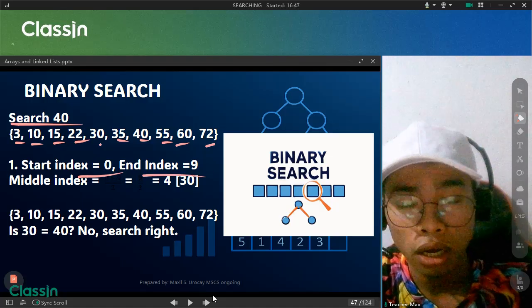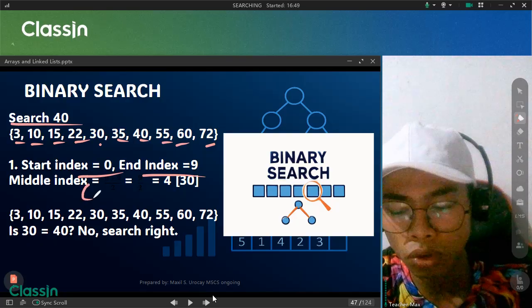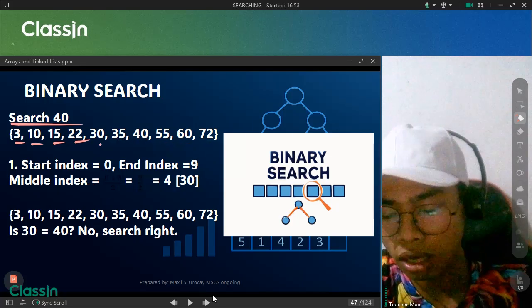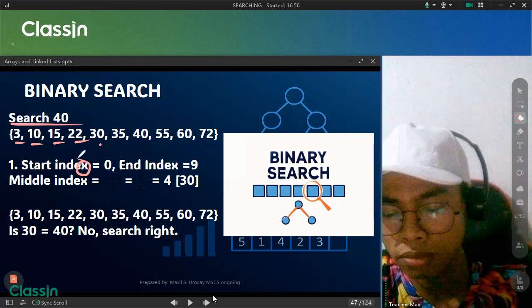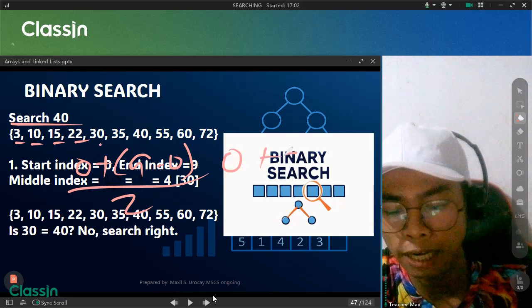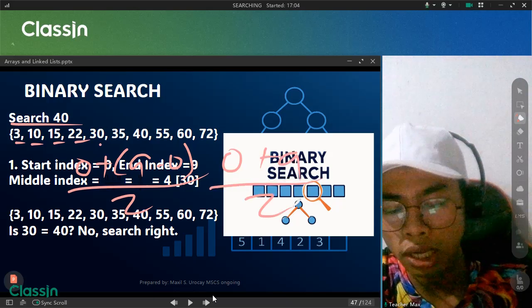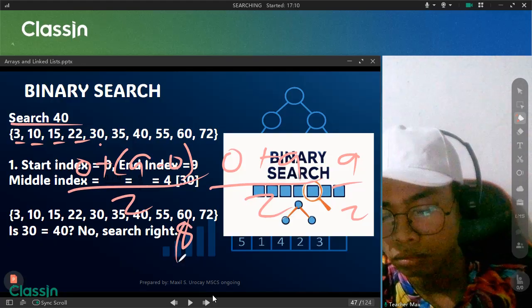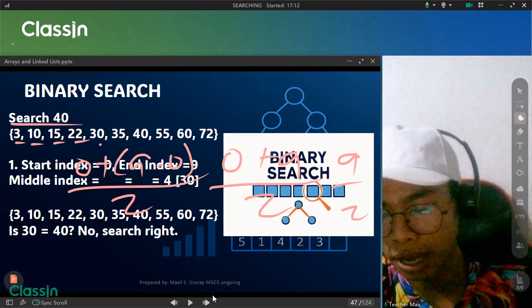Calculating based on the code, it will be 0 plus (9 minus 0) divided by 2, so 9 divided by 2, and that is 8. No, no, no, sorry, that is 4.5.